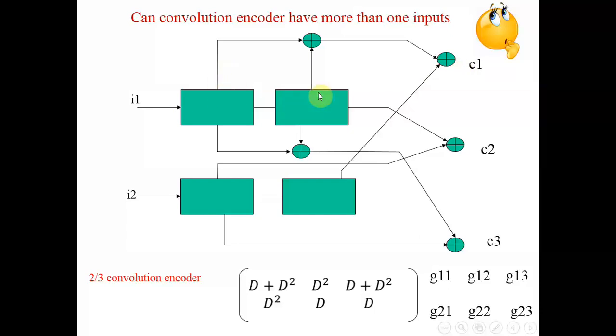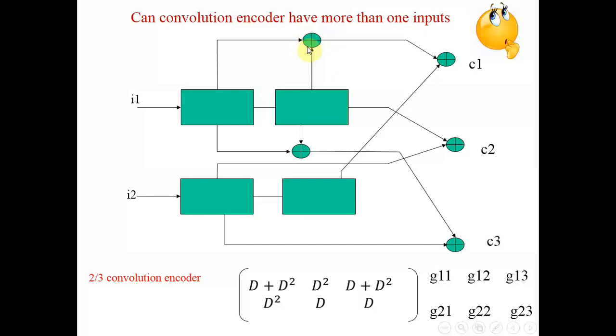These outputs are taken from the flip-flops. So this output is after one delay, this output is after another delay. Similarly, this output is after one delay, and this output is after another delay. Whenever a line is shown coming out of the flip-flop like this, the convention is that it is the output of that particular flip-flop. Now if I go from first input to first output, this input has no direct connection to output, but this output